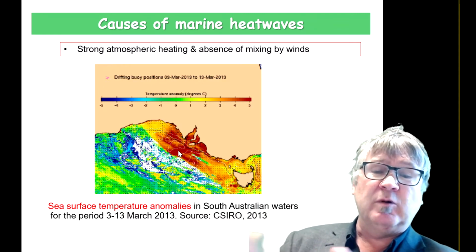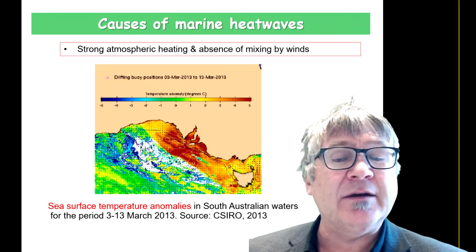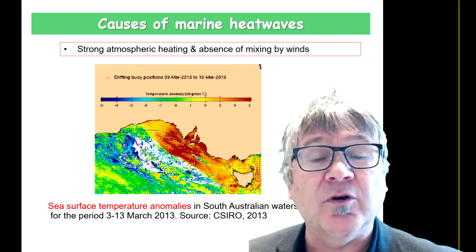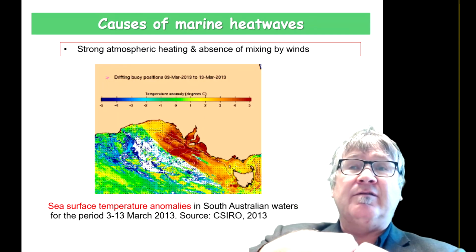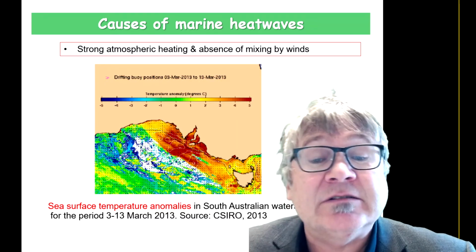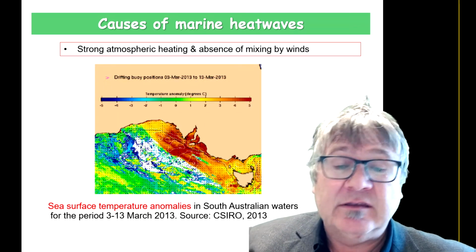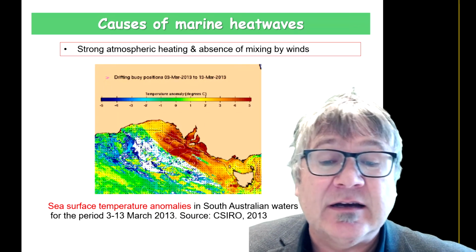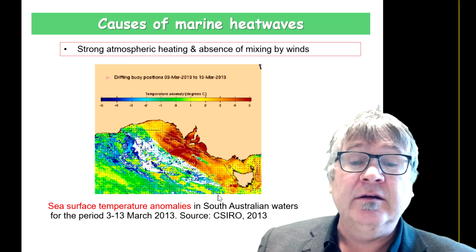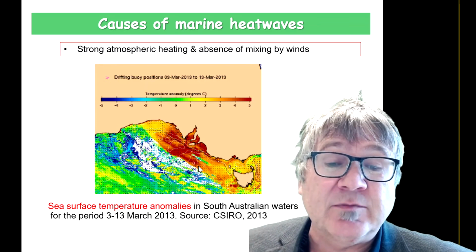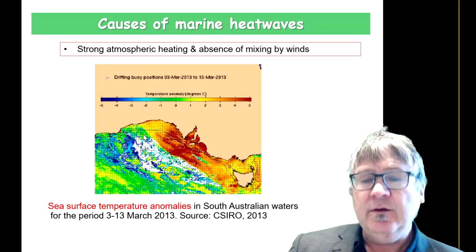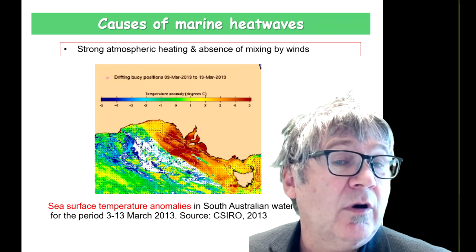Okay, so you might be surprised, what's happening here? What are these white areas? This is actually cloud bias. So where you can see these white spots, there is relatively widespread cloud coverage. There was a front moving through this region, and you don't have data on that side. Okay, so you can see some evidence of a front moving through the region, but you have extremely warm surface waters here. Okay, so this is one example of a marine heat